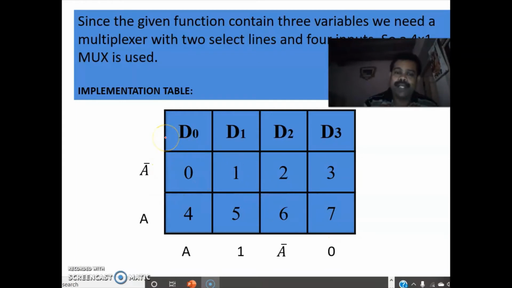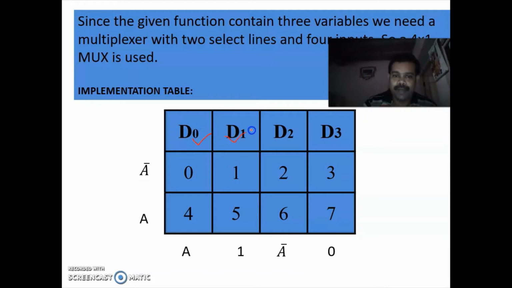A 4 is to 1 mux is having four inputs, that is D0, D1, D2, D3. So you write the numbers 0, 1, 2, 3, 4, 5, 6, 7 under these inputs D0, D1, D2 and D3, in two rows.